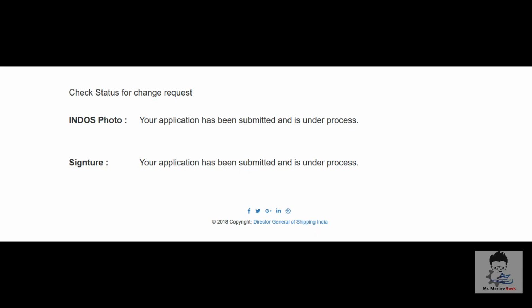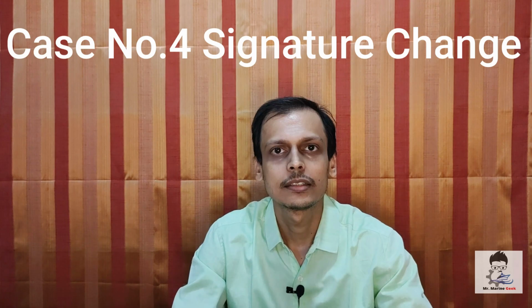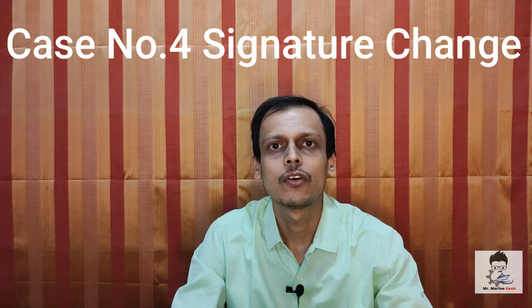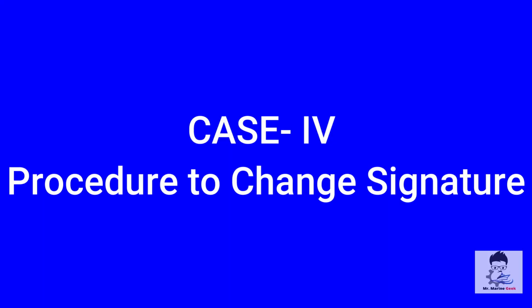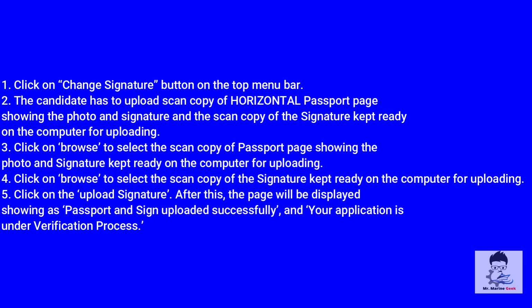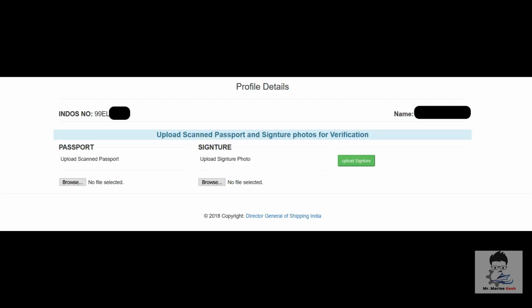So this is how you will get the check status, your application has been submitted or under process, or you will be getting this kind of error messages in your status as well. Case number 4 is only for updating your signature. Go to the Change Signature tab on the top, upload the passport and signature,